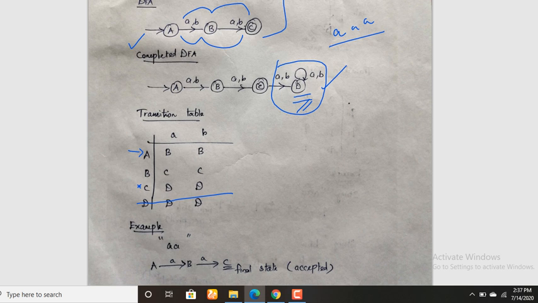Okay, so for example, for some problem, one method uses 5 states, and in some other method you use only 3 states. Then what is the minimized DFA? The one with 3 states. So prefer that DFA only. Drawing a minimized DFA is also the professional approach. Okay, so the last step, as usual, is the example part.